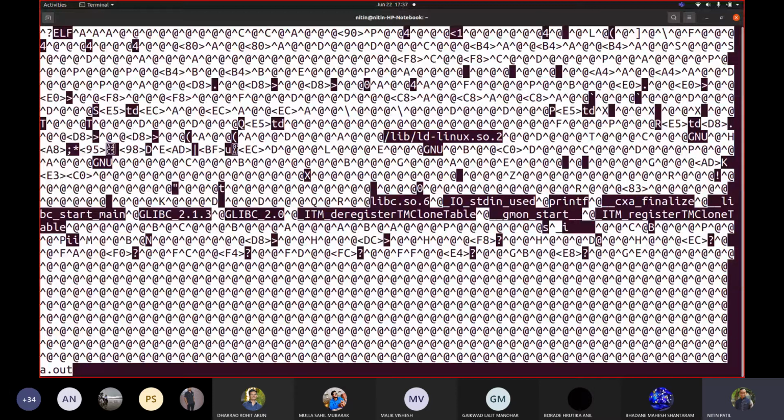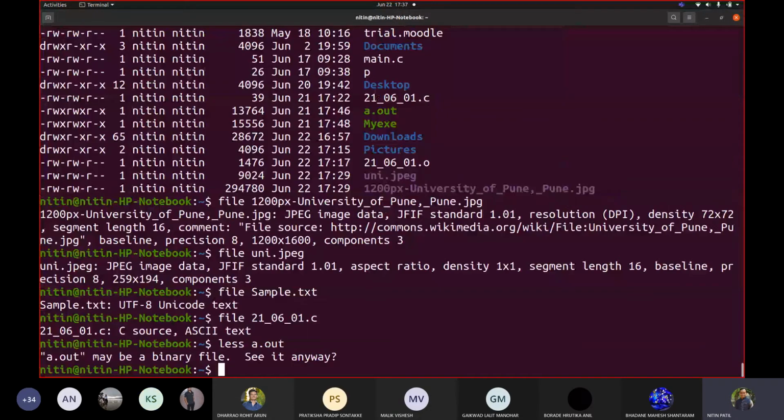Then it says, okay, see, I told you not to open this file because you will not be able to understand anything, but as you are saying, that's why I'm displaying this content. That's how your bash response or your command shell responds. So these commands also might know what type is associated.